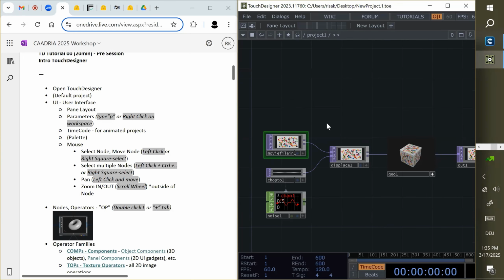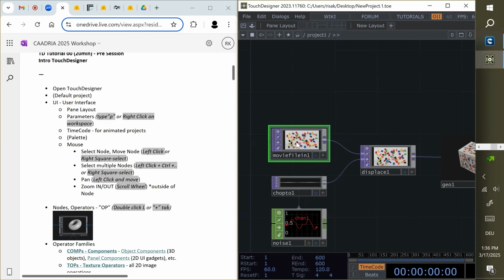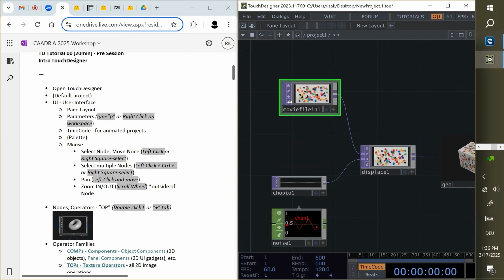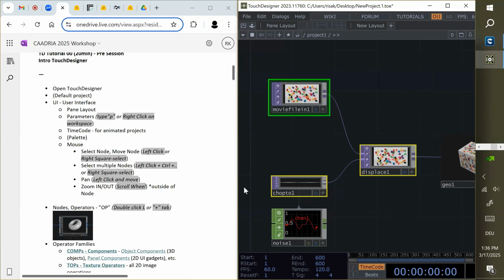And it's kind of similar to Grasshopper. If you just select this kind of node, you can just select and move the node with a left click. And if you want to select multiple, maybe you can use this rectangle one.